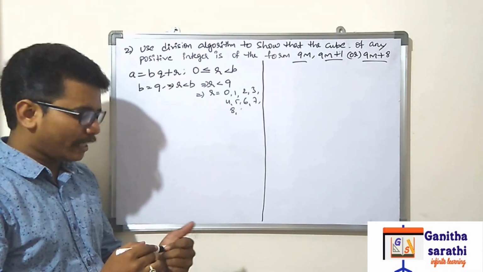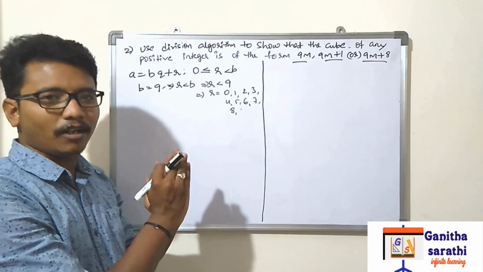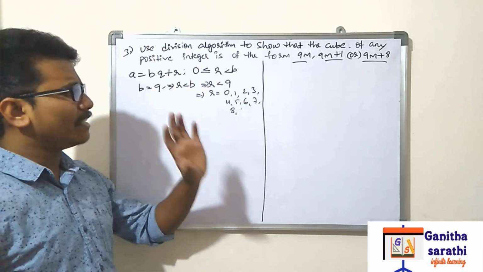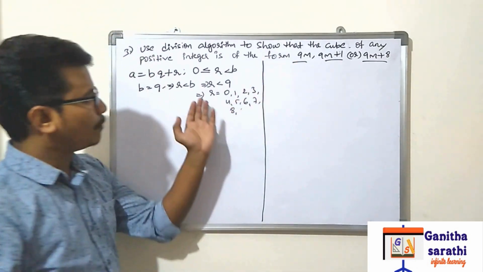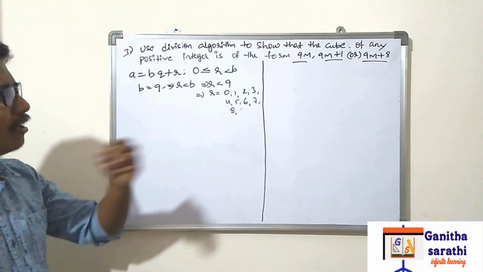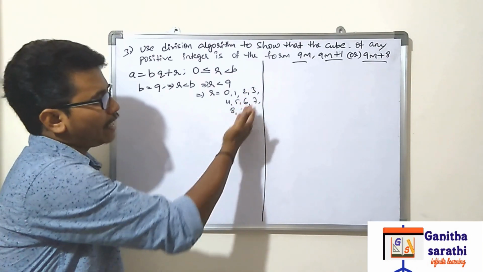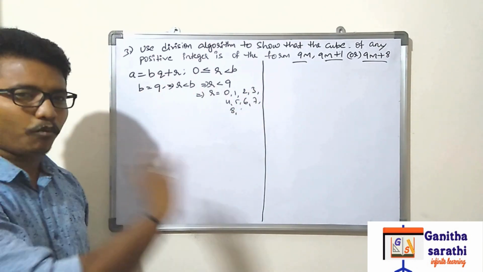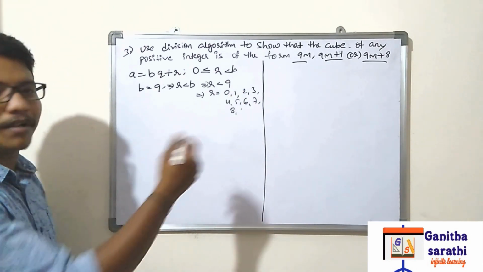Okay, whenever we are getting these kinds of problems, no need to do all the 9 cases. 3 or 4 cases are enough. If you are getting these kinds of remainders, 3 or 4 cases are enough. So we will solve three cases here. If you have any doubt, you can take any number and solve with the same process. We will take random numbers and solve it.